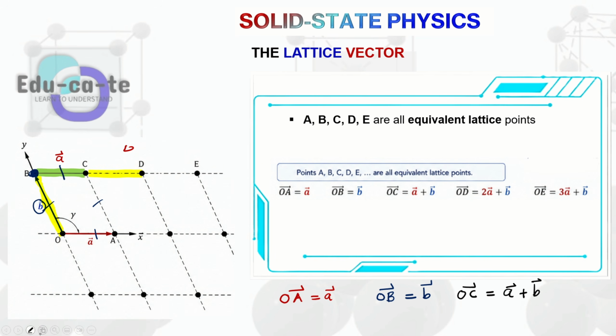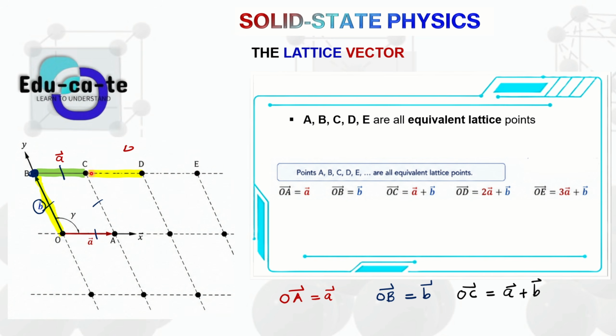So now, where did I start? I started at point O. So my point of reference, which is O, is where the lattice vector starts. And then from this reference point, I go to point B, learners. And then from point B, I go to point C. Then from C, I go to D. But mathematically, how do I represent that using vectors? From point O to point B, what do I need to do to get there? I need to move this small letter b vector. Then from point B to C, I have to move this A vector. So this is like B plus A.